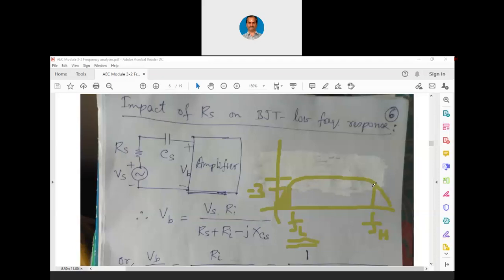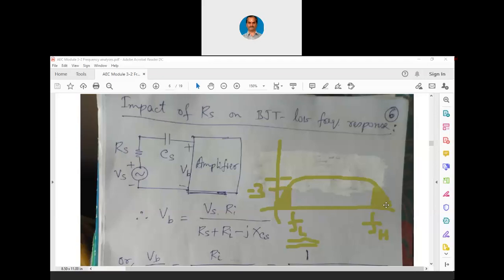Similarly, later on when we are going to find out FH, you can again think about that when we go from this maximum gain point till 3 dB down, whichever capacitance is going to decide this particular value of FH. Here the highest value is not important, the least value is important. In case of FL, the highest value out of the three is important. In case of FH, it is the least value that is important, because this particular value is having a lesser value compared to the shaded portion. In the shaded portion also you will get other frequencies corresponding to other capacitances, but they are not the dominating capacitors there.